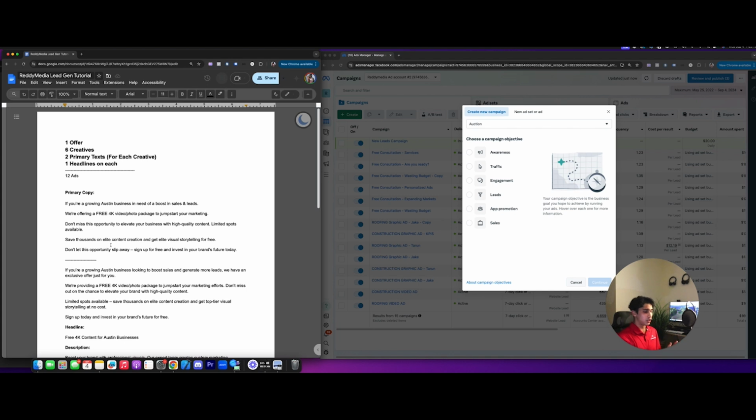So we want to have 2 different versions of the copy for each creative, because if we have a picture and copy here, and a video and copy there, it's hard to tell why the customer filled out the form or opted in or became a lead. So you want everything to be the same across the ads with one change. If you're testing 6 creatives, we're going to try 6 of the same creative with 2 versions of copy, right? So we're going to have in total 12 ads, and ultimately we're going to see which creative and copy combination performs